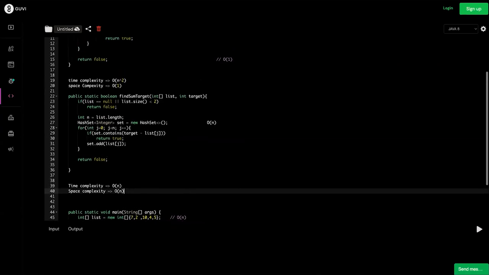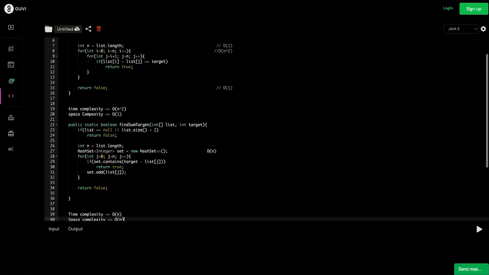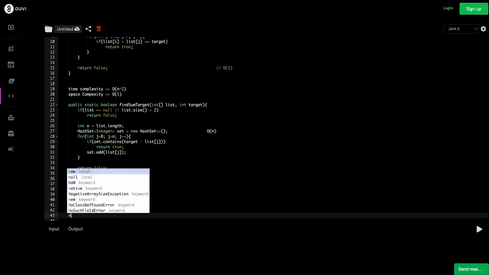This is actually another important question which is asked in interviews: you have reduced the time complexity from n squared to n, but you have also used some space now. So what is the best algorithm in these two cases? Let's compare these two algorithms now. Now the n squared algorithm,